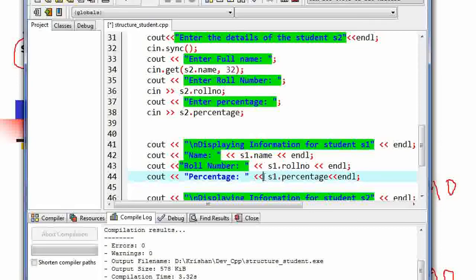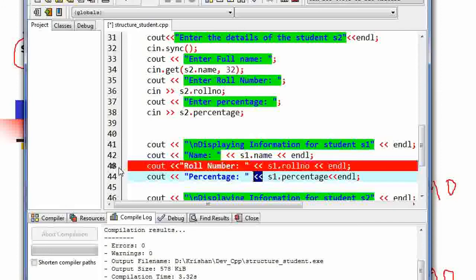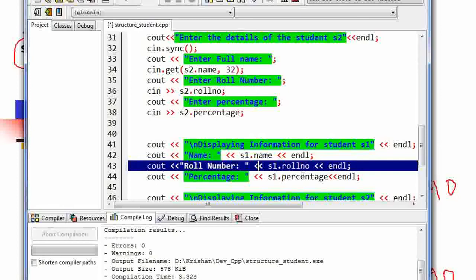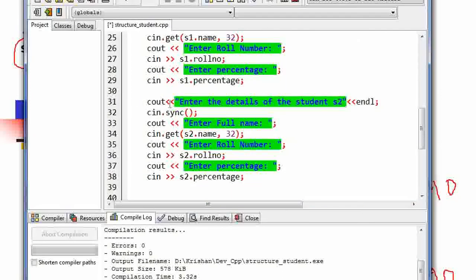मल्टीपल इंसर्शन ऑपरेटर बोलते हैं इसको। ये जो डबल शिफ्ट के लेफ़्ट शिफ्ट का जो साइन आप देख रहे हो, इसको हम इंसर्शन ऑपरेटर भी बोलते हैं। तो जब हम इसका यूज़ कर रहे हैं तो इसका हम सी आउट स्टेटमेंट में 2 बार यूज़ कर रहे हैं। यहाँ पर तो लाइन नंबर 43 में 3 बार यूज़ कर रहे हैं, एक बार यहाँ पर, एक बार यहाँ पर, और एक बार यहाँ पर। ओके, 3 बार यूज़ कर रहे हैं।